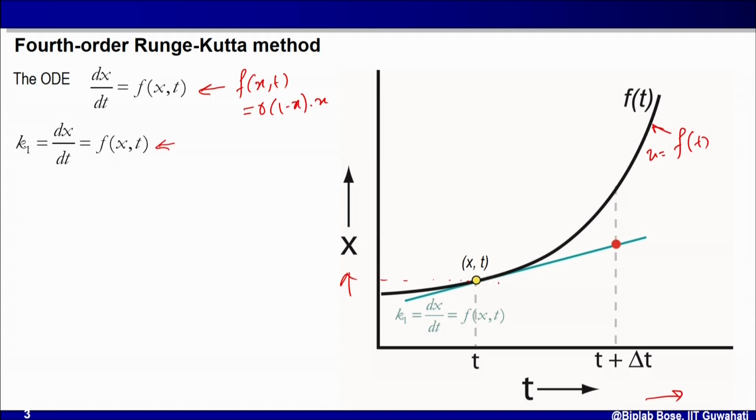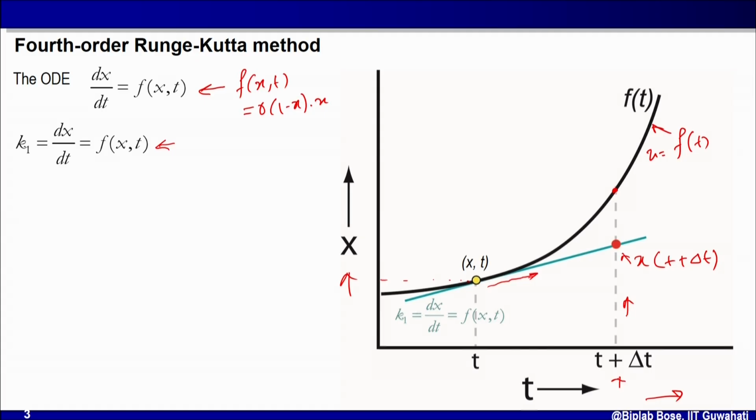Now if I draw a tangent here with a slope which is equal to dx/dt as given there, I will have this bluish line. And if I take a time step at t plus delta t, and draw a vertical line as shown in this dotted line, this dotted line intersects with this blue line at this red point. So this is my estimate by Euler's method for the value of x at t plus delta t. And obviously you can see it is quite different from the real value here. So it is a lesser estimate.